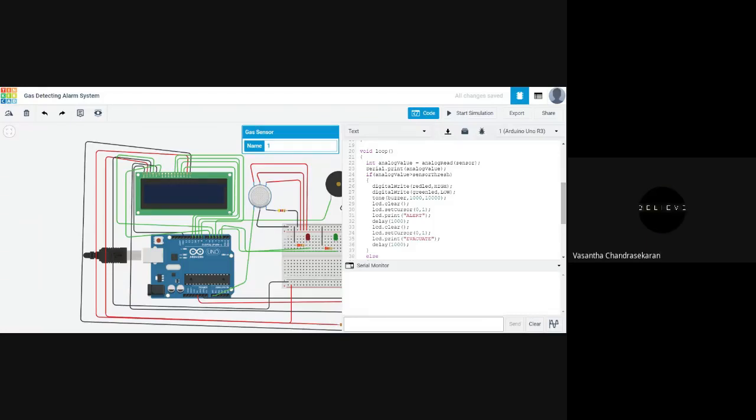In the loop function, I've defined a variable analog value, which is used to read the analog value from the sensor. Whenever the value read by the sensor exceeds 400, we see that there is a red LED which is displayed, and the green LED will be off, and the buzzer buzzes for about 10,000 milliseconds at a frequency of 1000 hertz. That is what is mentioned here, and an alert message will be displayed, followed by an evacuate message with a delay. And if the value read by the sensor is less than the threshold, then a safe and all clear message is displayed. So this is the basic functionality.